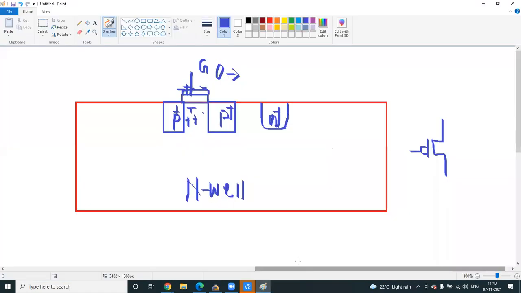Okay, now come to our design. If you see, this is the cross-sectional view of a MOSFET, like this is a PMOS. Now its layout view, how it looks like. So the layout view, if you see,